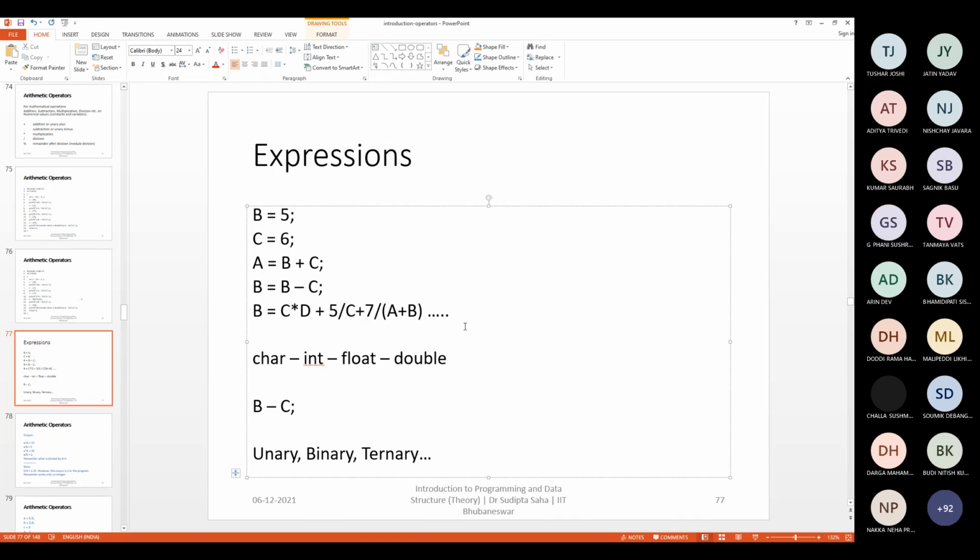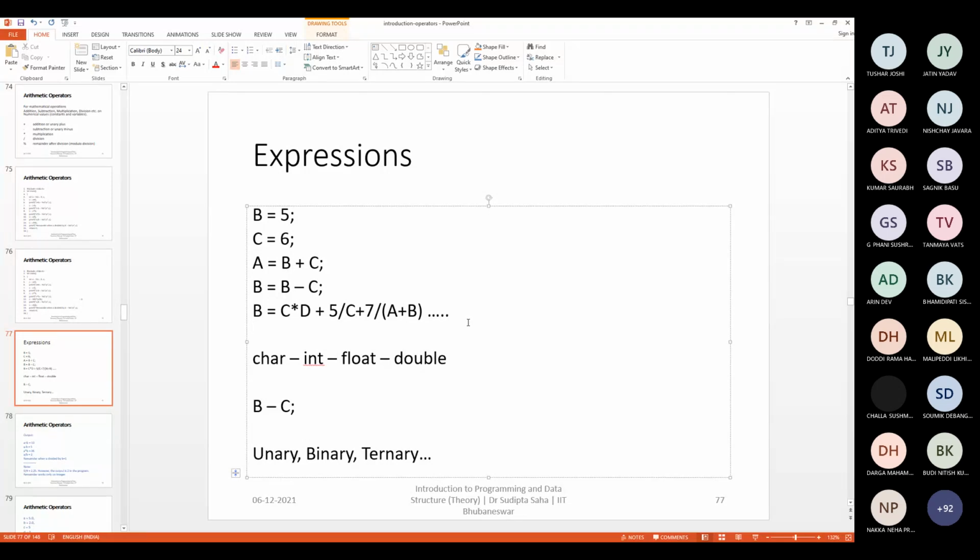Try to understand this question first of all. It's a very serious question actually. You'll have to understand whether you should make this C also a float, otherwise this part will be wrong. I'm not answering this question. You are going to search this out and check this in your program. Tomorrow you can discuss it.